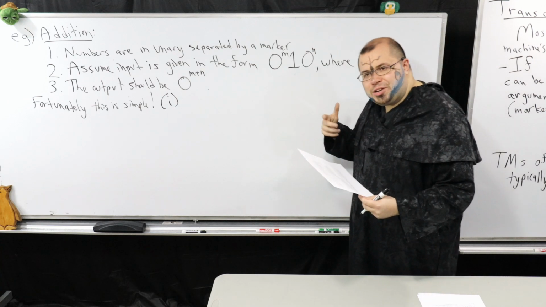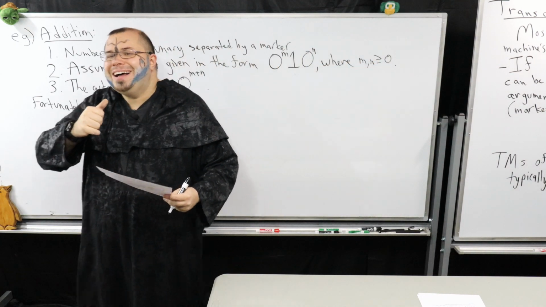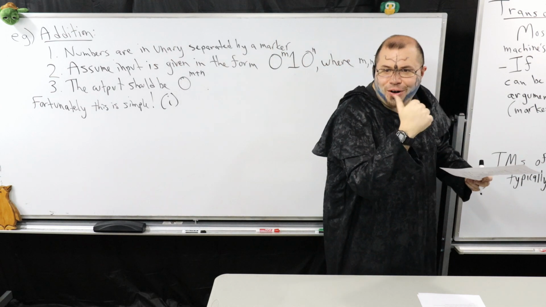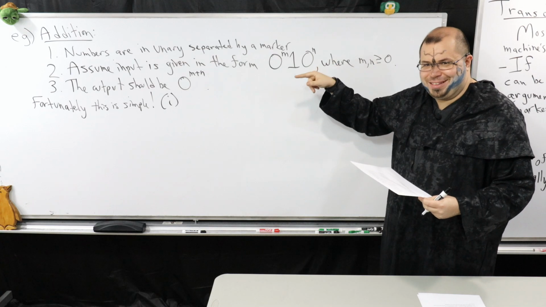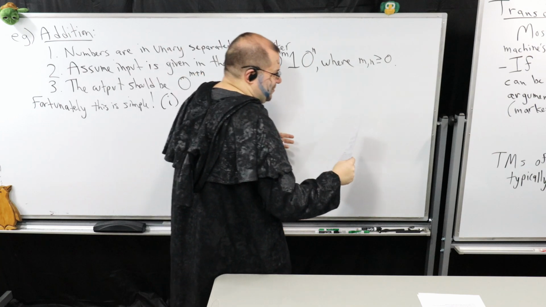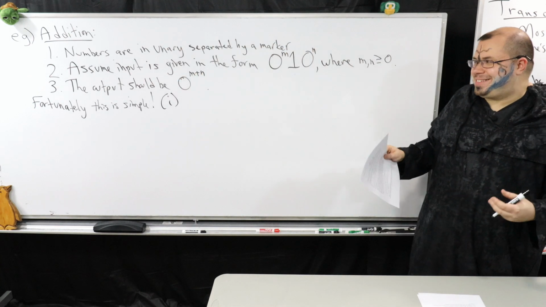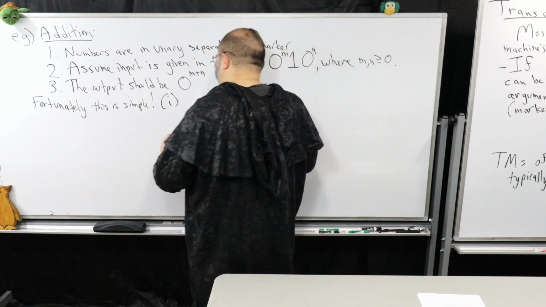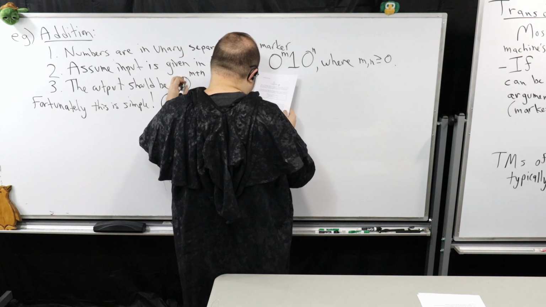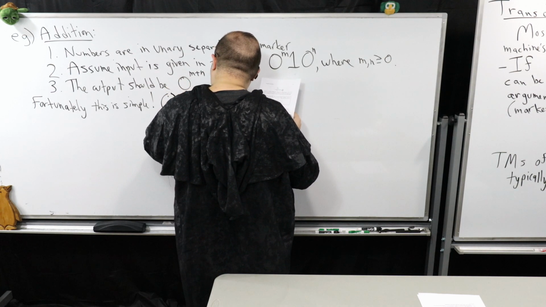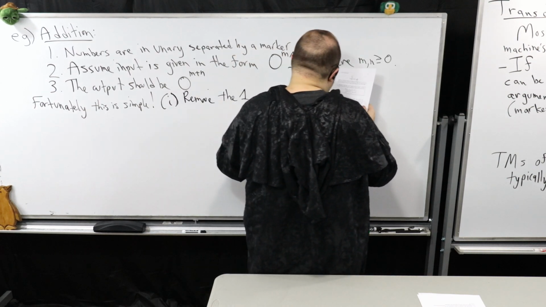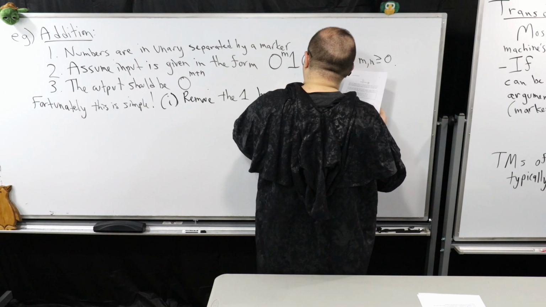So that's what I'm going to be trying to do. No pun intended if you're thinking about the systems side of this, I'm going to left shift all of the zeros in one direction to the left. I'm not going to bit shift them, I'm just going to left shift them. It's the same idea, but it's not literally bit shifting because bit shifting is on binary, right? I'm just going to shift the zeros over by 1. So my idea is I'm going to remove the 1 by replacing it